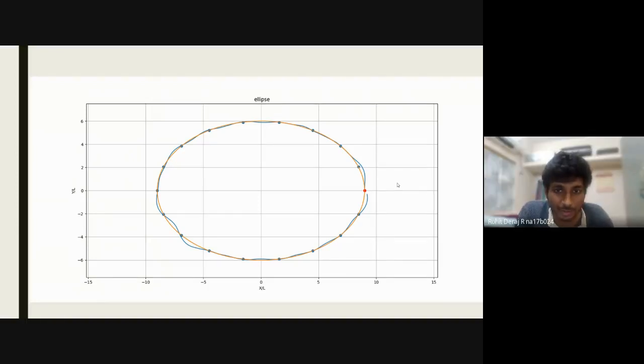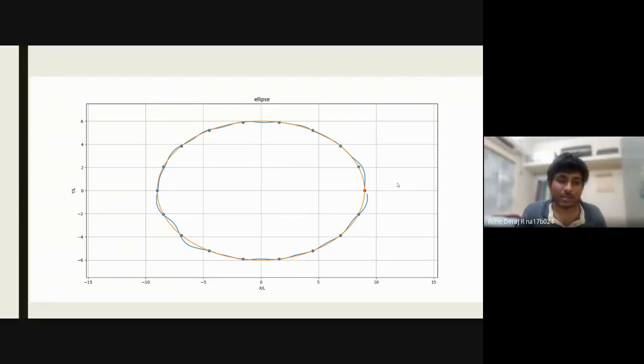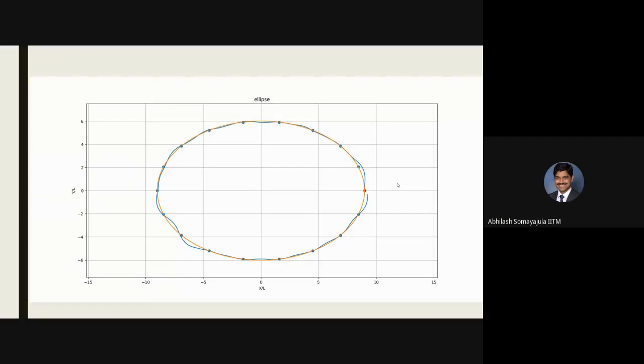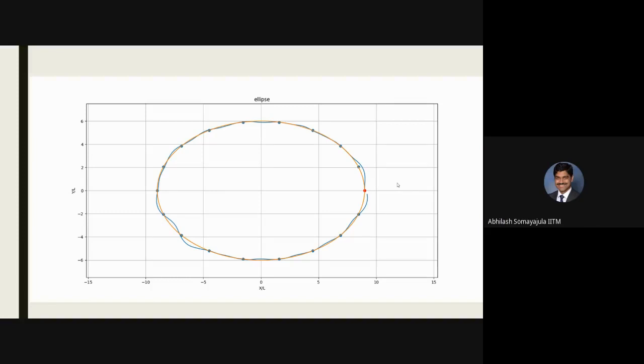The radius of curvature, sir. Yes. If you know the curvature, the inverse of it will be the radius of curvature. Yes, sir. I can calculate, but I don't have it ready now. But I would like to see if any of these waypoints that you have chosen has a radius of curvature on the ellipse curve that is less than the turning circle, the maximum circle that you can make?